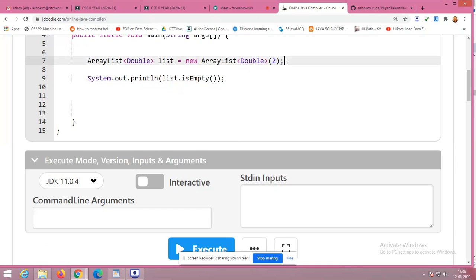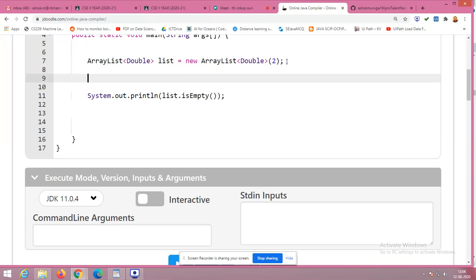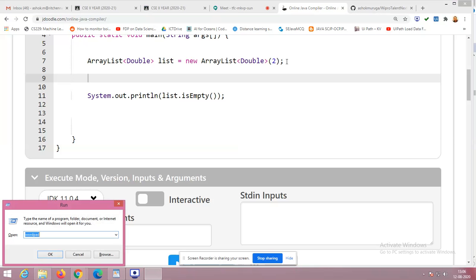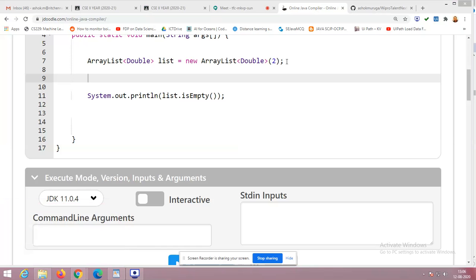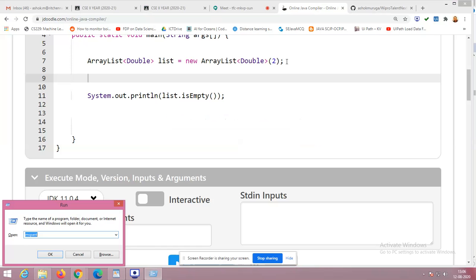Okay, it doesn't mean that only if I do it like this it will come true, because see, without using a for loop I am printing the data using the list object itself. That means when the object is created and the spaces are reserved, it states that two data items are going to be occupied. So what does it mean physically, how does it happen? To demonstrate why it had given true, I'll tell you.